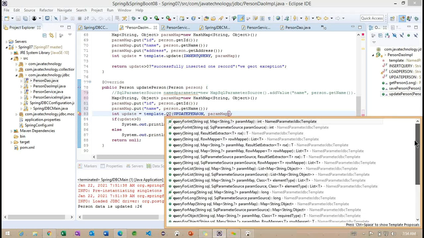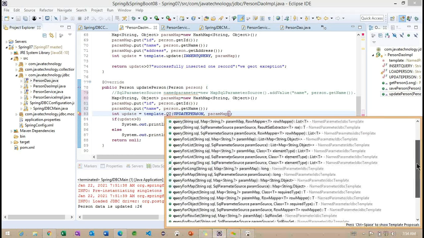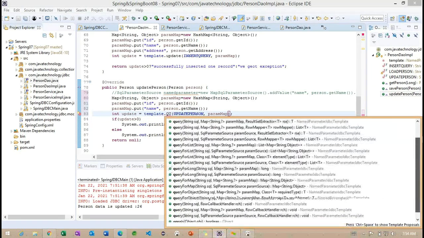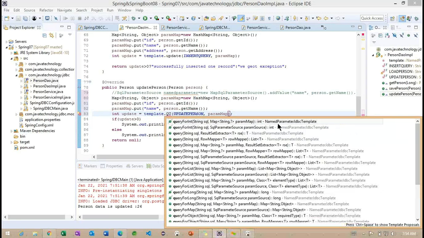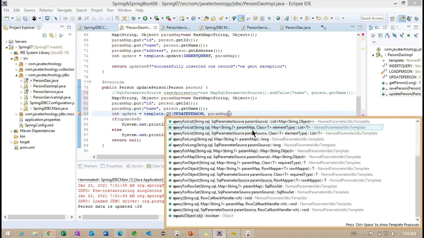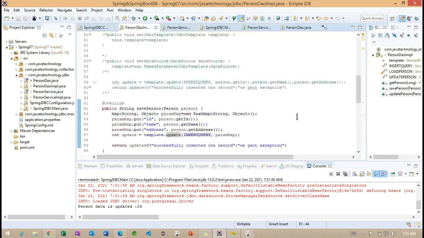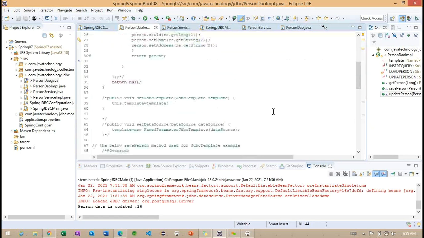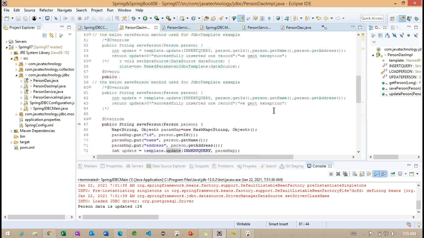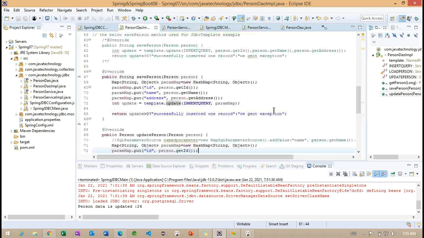So I will do some R&D, because for all the methods provided by the template, we have to perform the row mapper or result set extractor, whatever it is. So to get an object from the database, I will find out a way. If it is found, I will update you. Okay. So these are about update and insert with the JdbcTemplate as well as the NamedParameterJdbcTemplate. If there are any queries, please let me know.